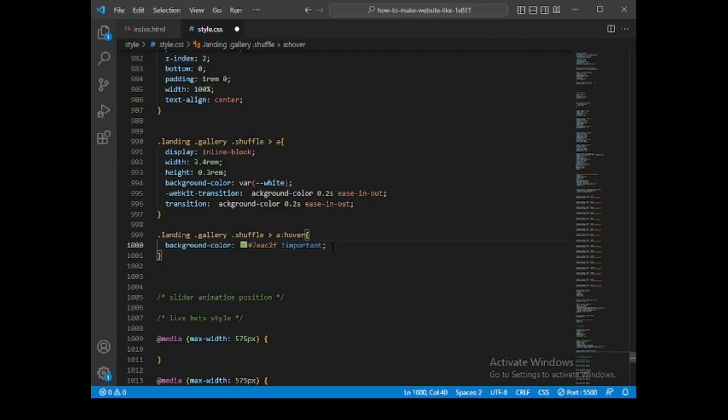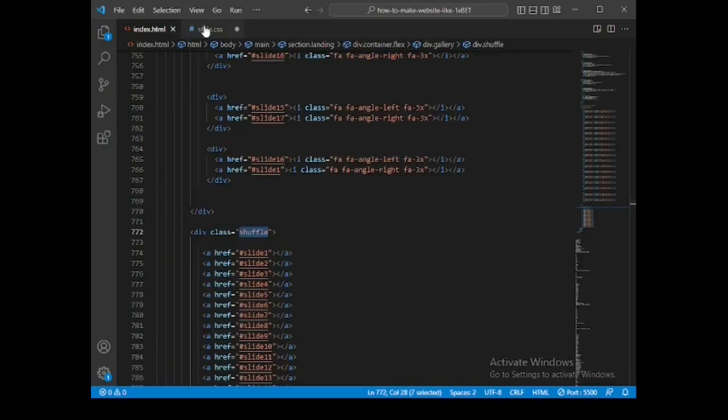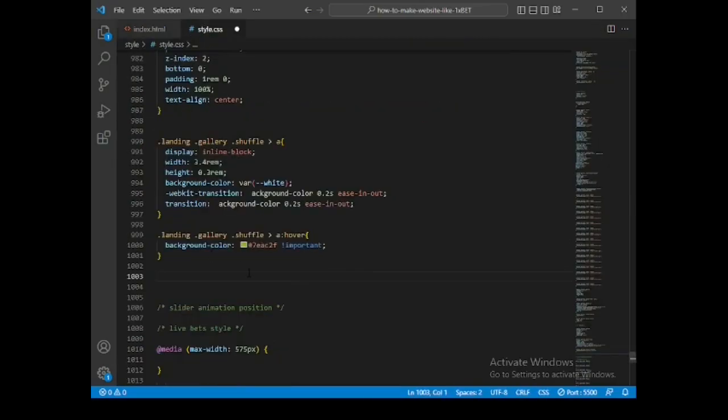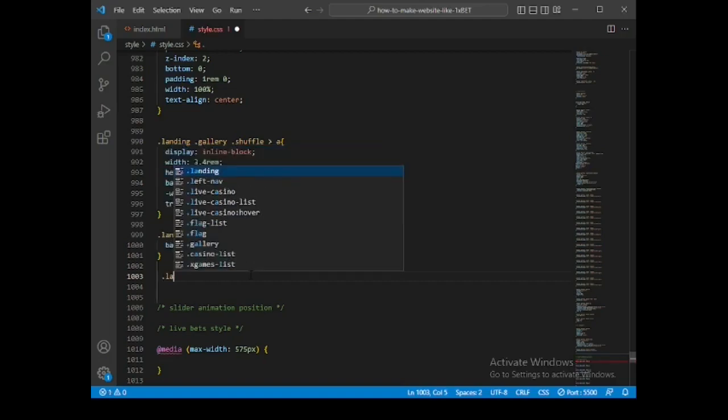Now we want to insert. So we are going to say landing dot gallery,